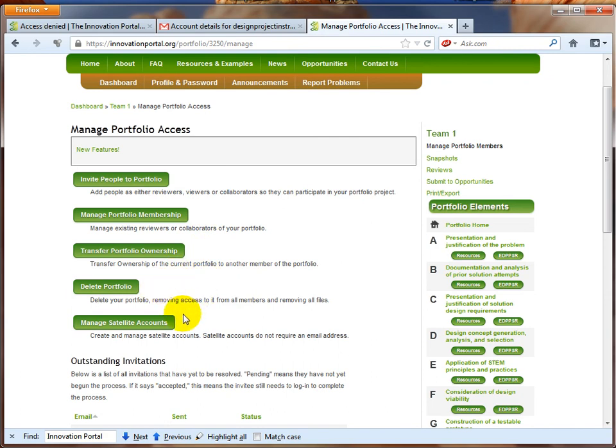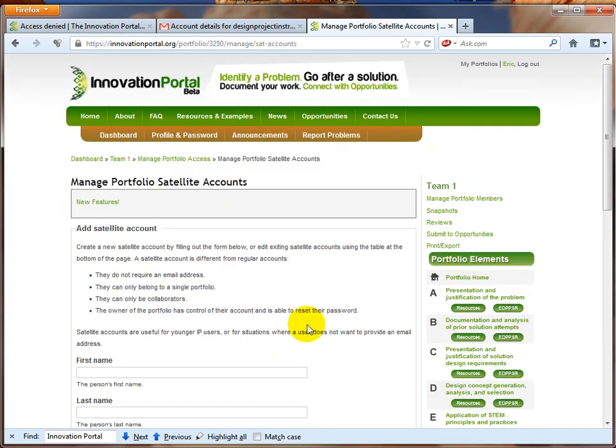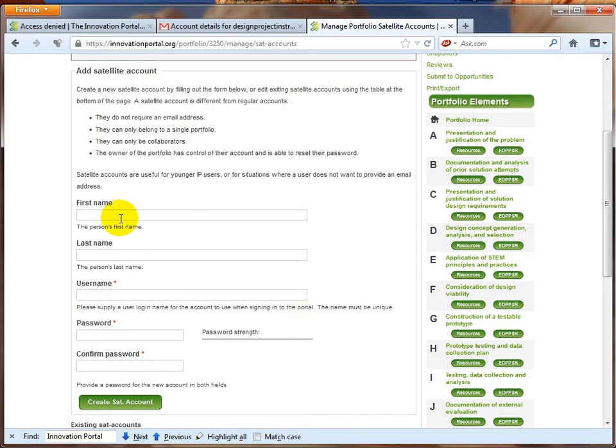But we're going to sneak down here to Manage Satellite Accounts. And if you read the subscript there, it says Create and Manage Accounts. Satellite accounts do not require an email address. So we'll click on that. And we're going to create a username and password for one of our students, Cindy Jones. There's Cindy Jones. And a username for her, a unique username, will be Project